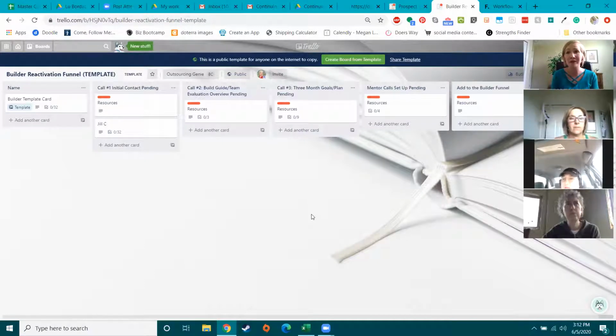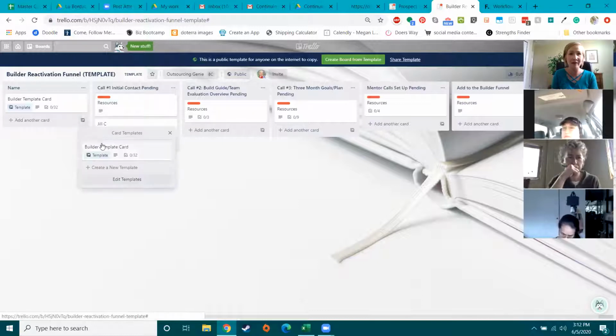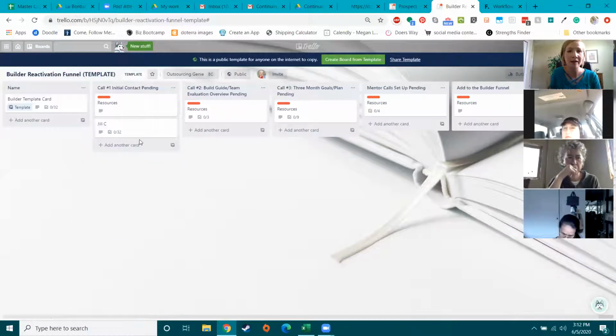Or even better yet, your assistant, while you're pulling up the back office, has your builder reactivation funnel pulled up in front of them. And they're actually just creating cards right then and there. As you say names, they're just adding all the names right there on the call. And so then you have a whole list of people here in the column of people that need to be